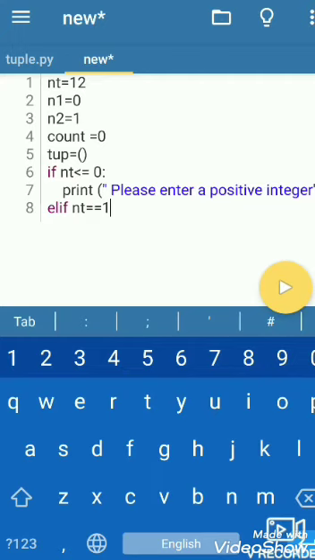Here I already defined nt as 12, so let it be entered by the user.